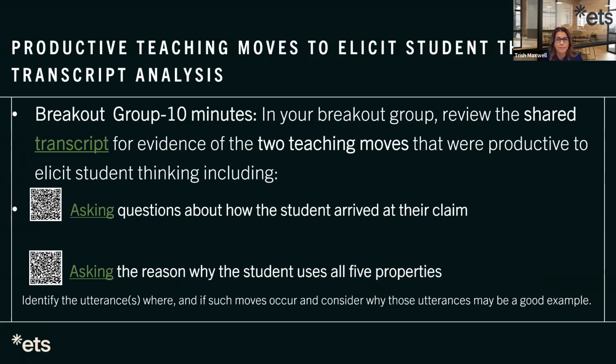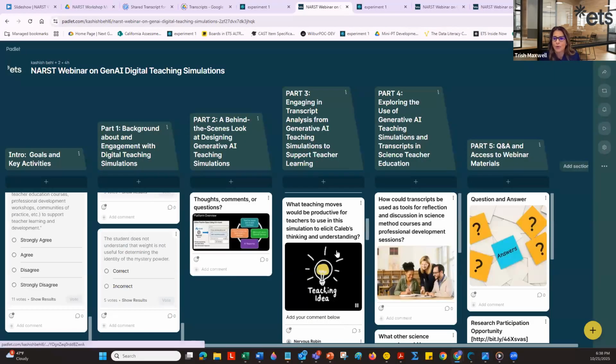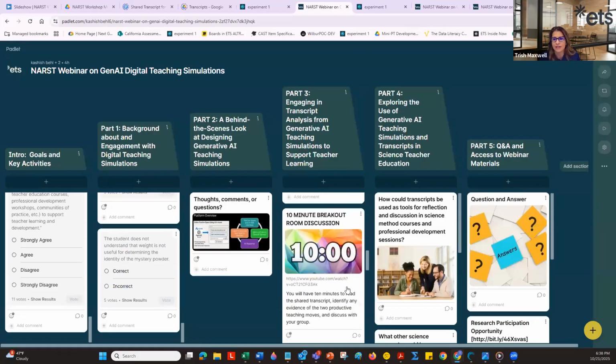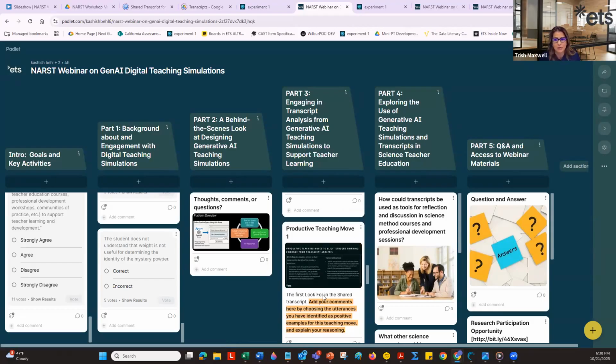If you take a look at this slide, you can see that there are 2 QR codes that will route you directly to the place where I would love for you to add your comments as you're having your group discussion. And if you don't have a phone and you just want to follow the link, I will show you now in the Padlet where you can find that. So coming down here, you can see that here is the timer for us. Here is your first productive teaching move so that you can open this up. And if you would like it to be bigger on your screen, all you have to do is